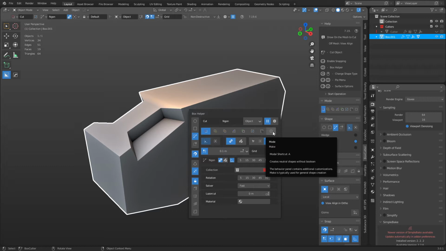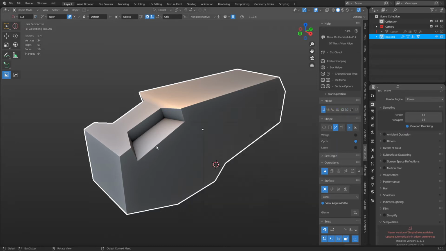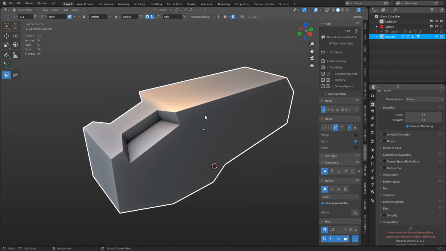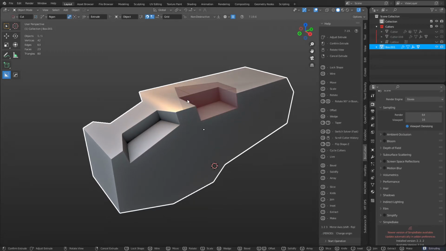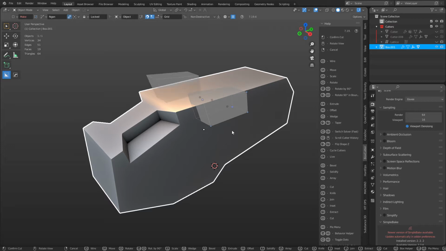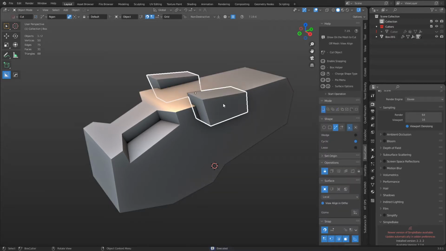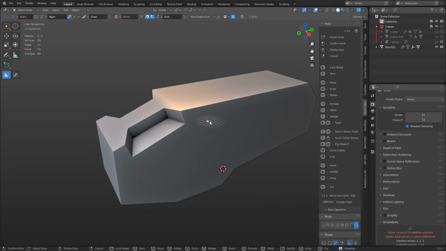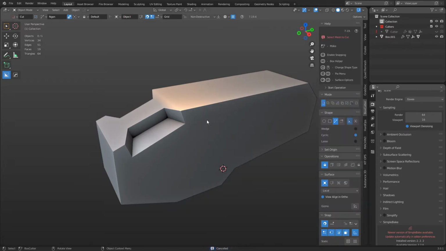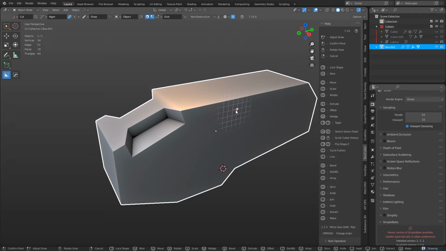And there's an extract, which lets you create custom cutters, but we'll talk about that later. And then we got modal shortcut A, which is going to be create a new object. So even though I'm working on this object, if I do a normal shape, it's already set to cut. I can press A instead, and I can create a new object. So that'll be a new piece. When you do create a new cut,